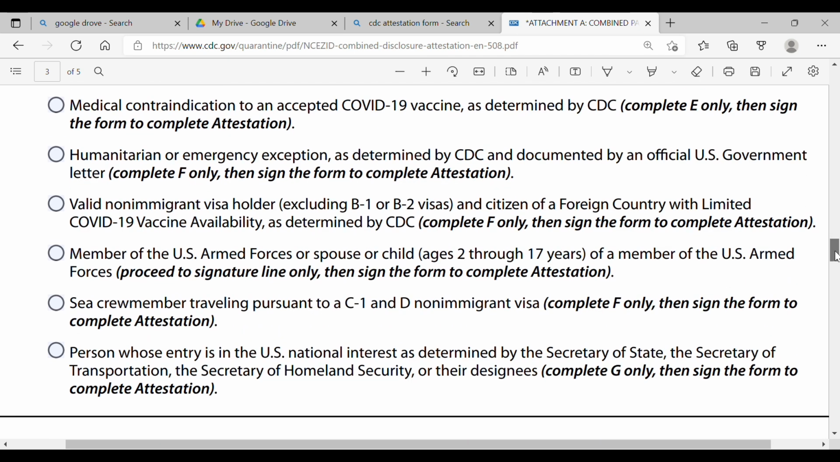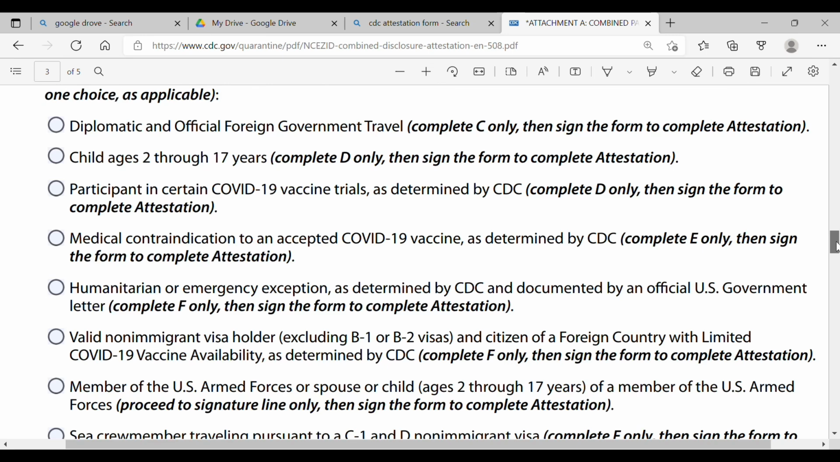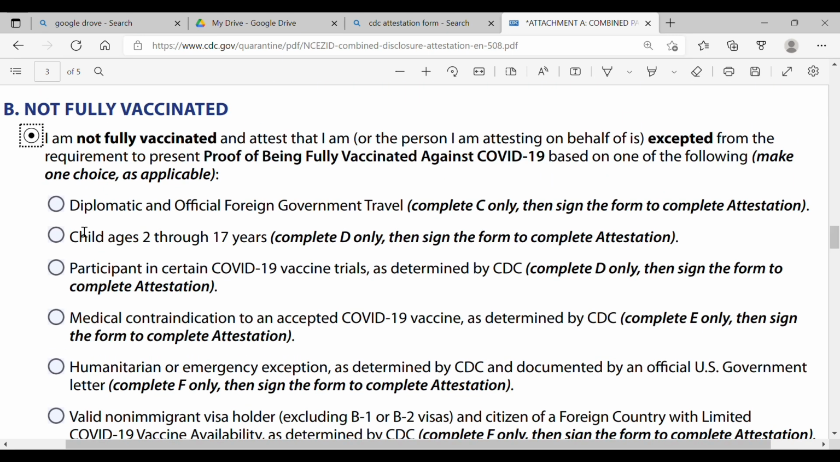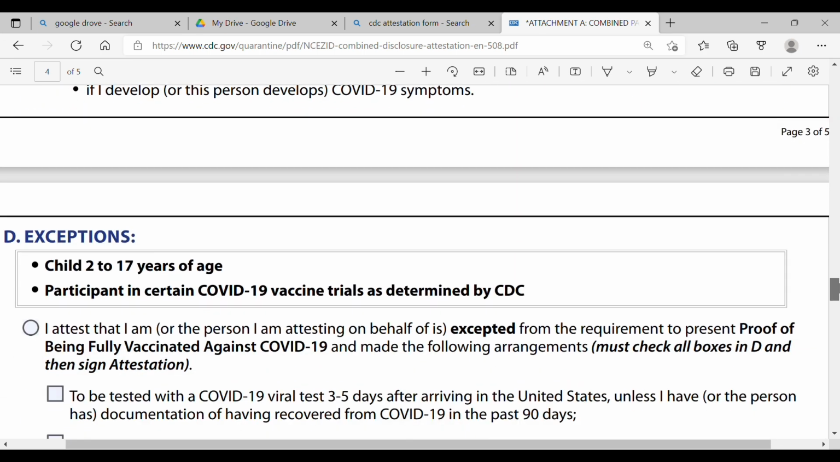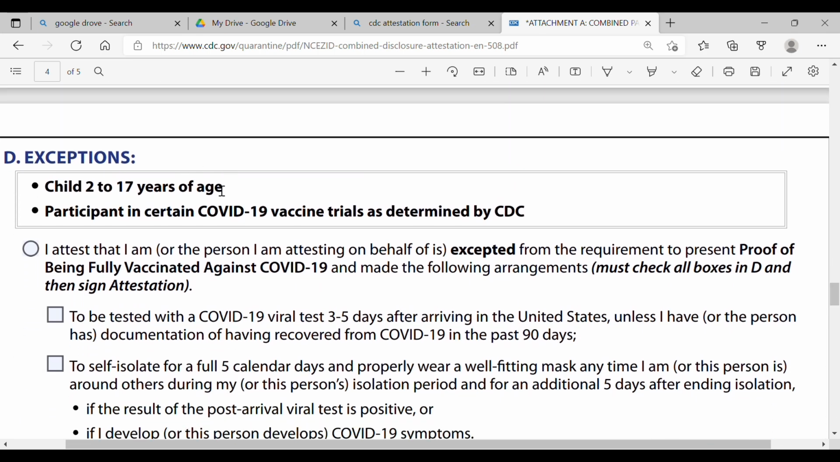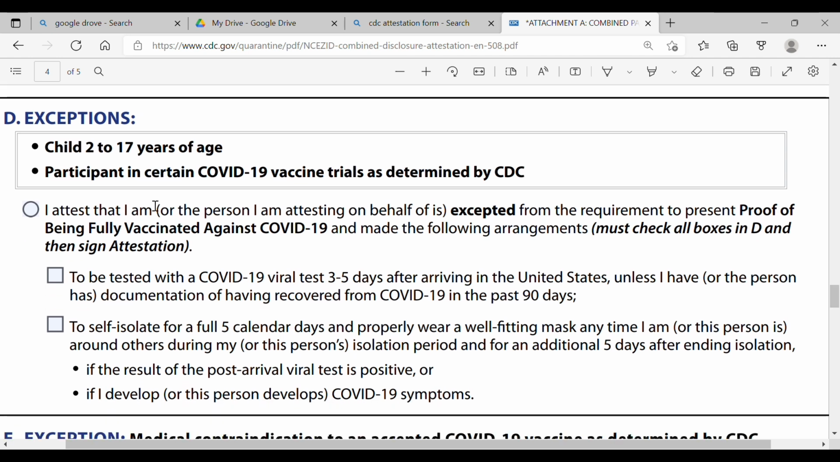So you need to complete section D. I'm just showing you all the covered exceptions. So if you are a child between 2 to 17, complete D only and then sign the form to complete the attestation. If you scroll down and go to D, there are exceptions: child 2 to 17 and participant in